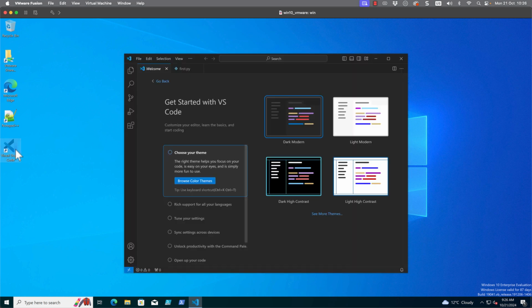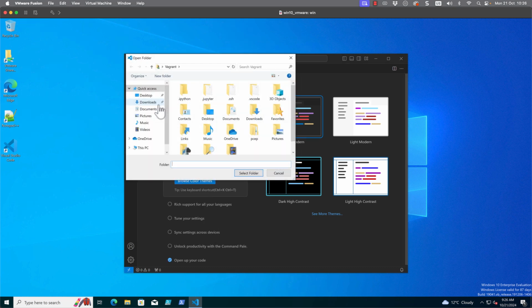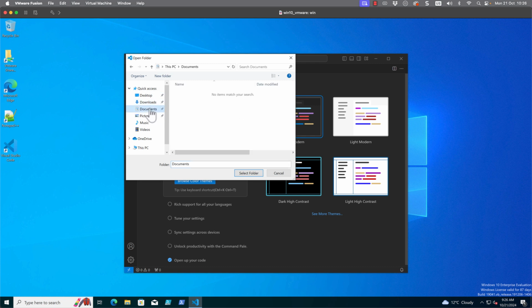Visual Studio Code is a popular IDE. Now that it's opened, let's go through and open a folder. Very often when we're working with Python, we will have project folders. A project folder will consist of one or more Python elements that make up your application. I'm going to navigate through to my Documents directory, and from here I can choose to create a new folder, and I'm just going to call it Project 1. The name doesn't really matter for the moment, this is just a demonstration.